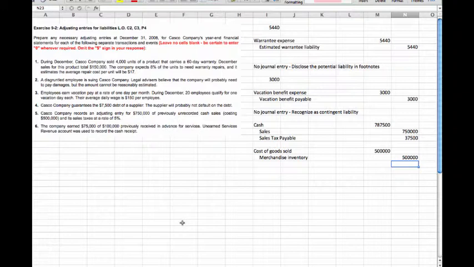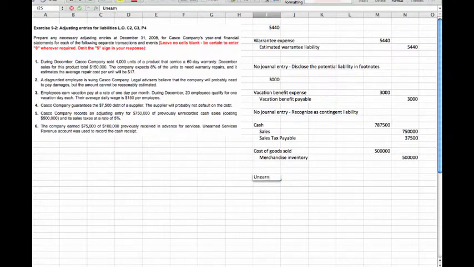All right, the last question here is the company earned $75,000 of $100,000 previously received in advance for services. In other words, we received $100,000 from a customer where we didn't do the work. So we had a deferred revenue account or an unearned revenue account. So now we've earned it, so we need to make a journal entry to record that we no longer owe that $75,000. So what we want to do is reduce the liability